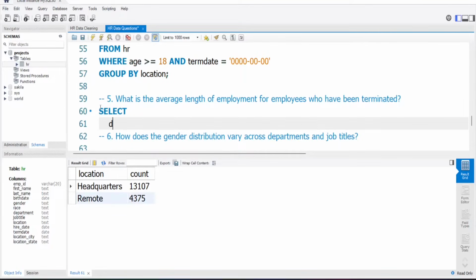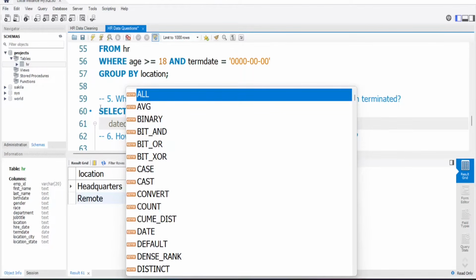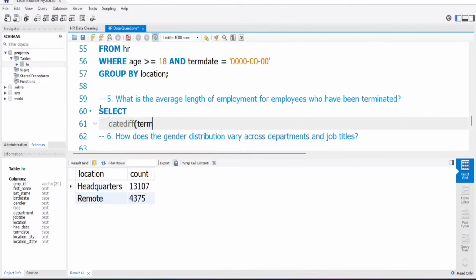So this datediff function calculates the difference between two dates. So for this, you want the difference between the term date and the hire date. So it calculates the difference between those, and the output is given in days. So we'll have to divide by 365